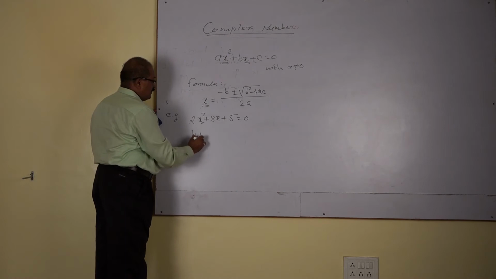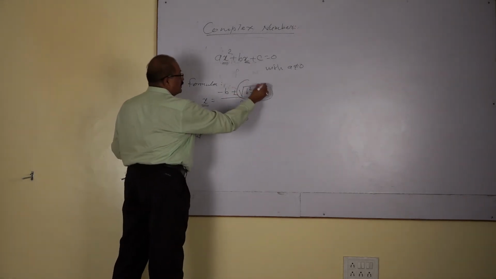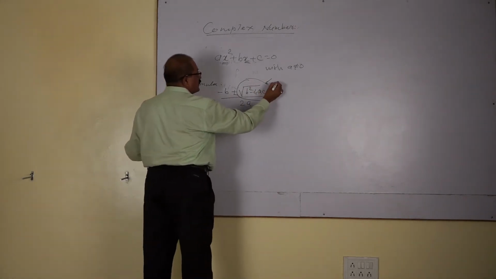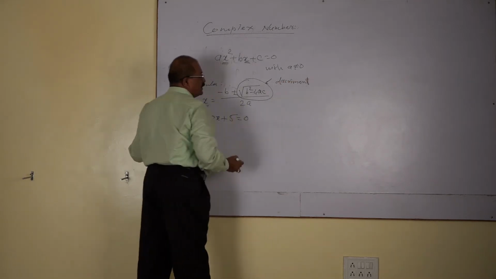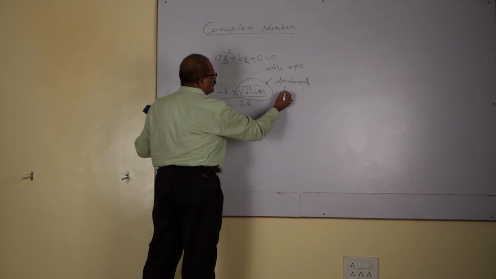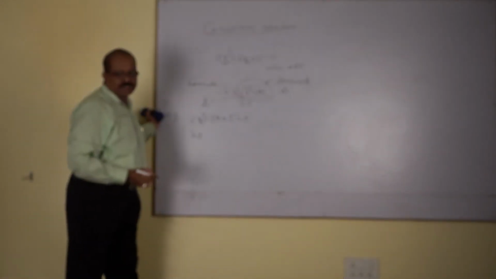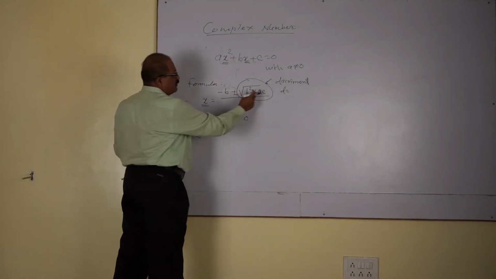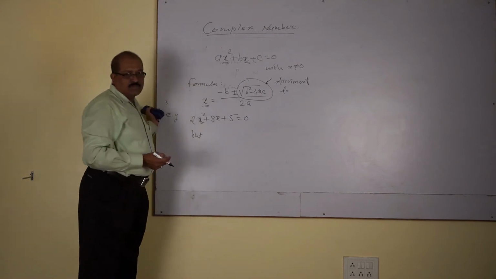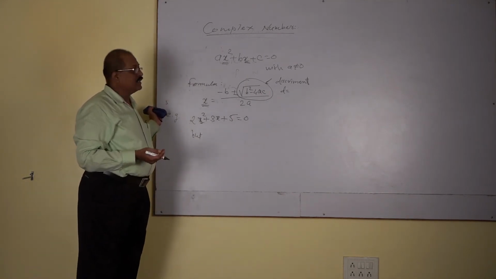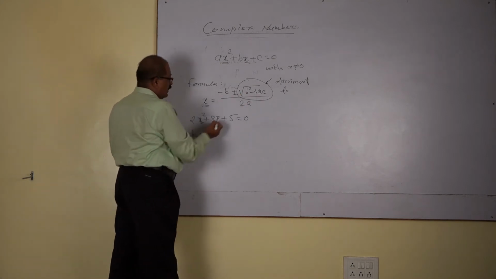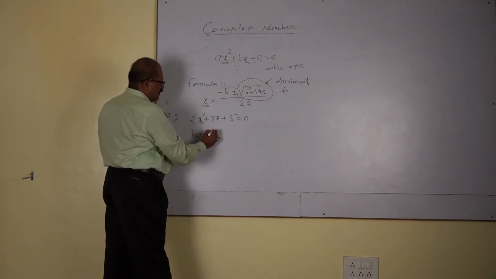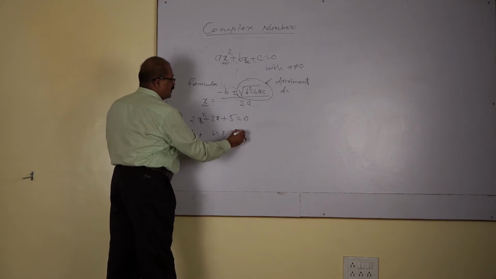But we know that the quantity under the square root is known as the discriminant. Whether this discriminant value is positive or negative decides the nature of the roots of this quadratic equation. So, we can say whether the roots are real rational, real irrational, or any other type. Here b equal to 3, c equal to 5 and